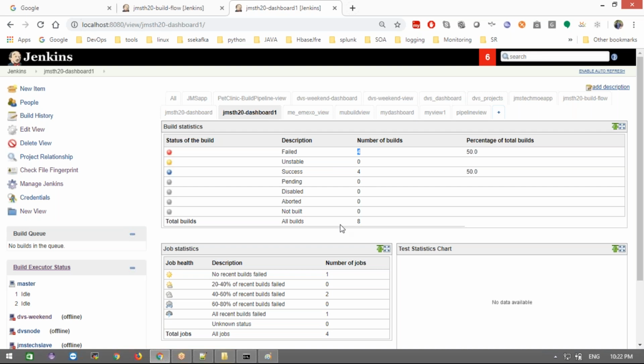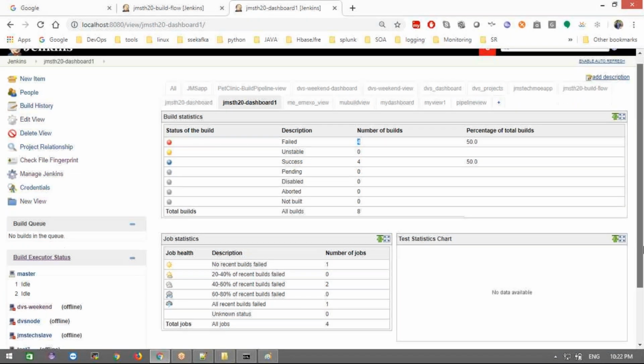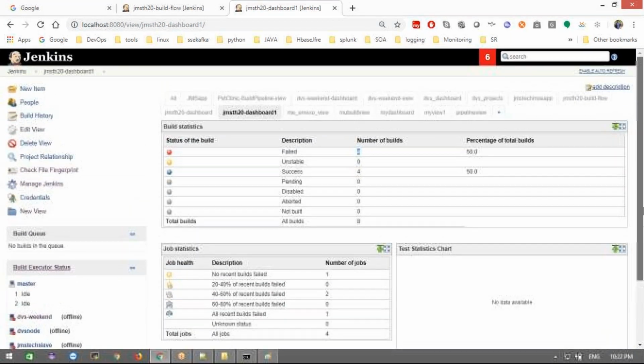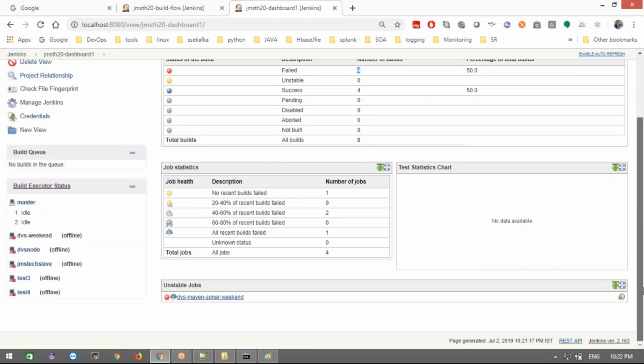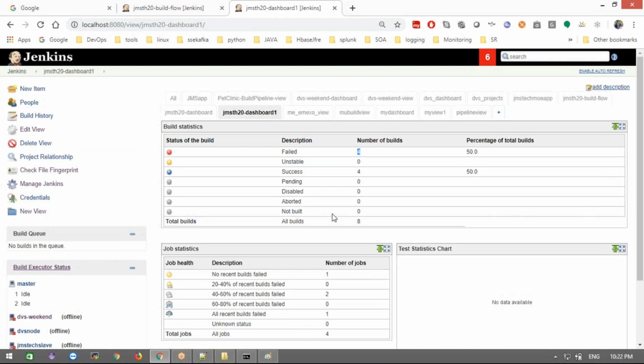Clear, guys? Yeah. It's just for monitoring purposes, so you can see everything in one place, what is exactly going on, whether a particular job is stable now, how many jobs are stable or not. You want to show this to your manager or team leader. They don't want to go and look inside the jobs, they want to see it in one place, and then they can configure it like this. Clear? Anyone having any questions, guys?